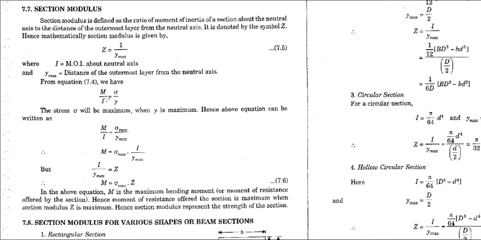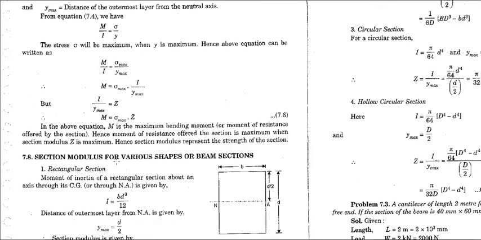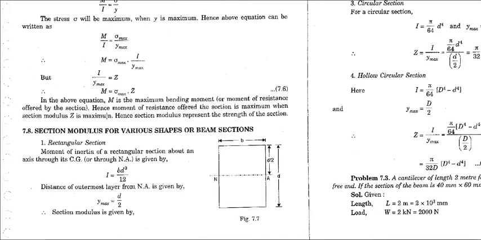This comes from the bending moment equation, and if we make a slight change in that, let's say M over I equals sigma over y, where at the extreme fiber the sigma will be maximum, therefore the moment will be this equation, and since this is equal to Z, we can replace this equation by M equals sigma max into Z. Similarly, we can use this equation in order to calculate the section modulus for various types of sections.